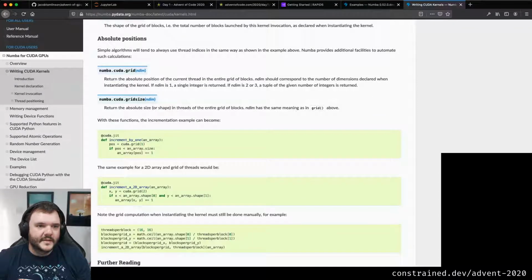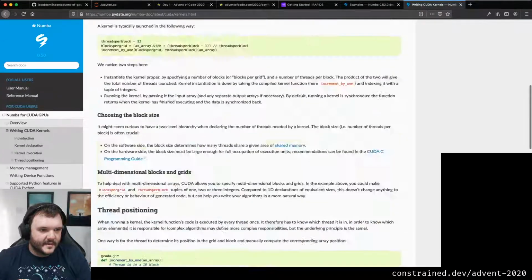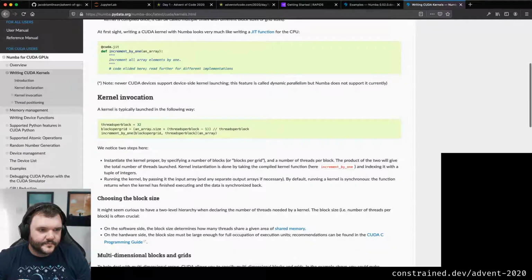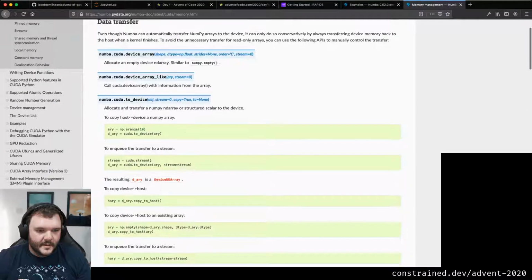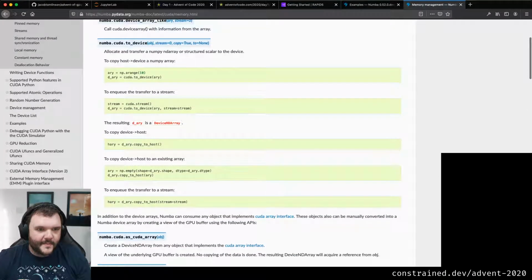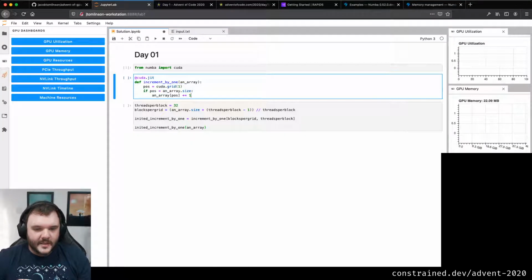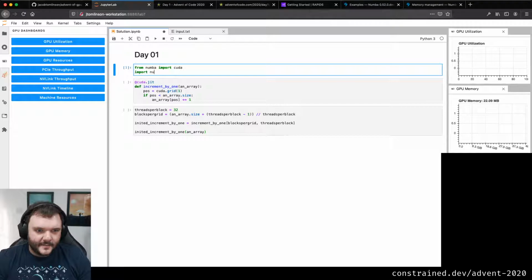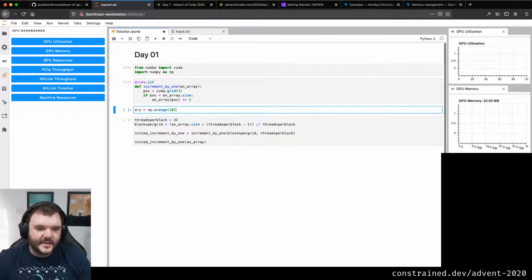Yeah, so let's call this with an array. Let me just try and remember. Okay, I want to use NumPy, so let's also import NumPy as np. We've got our increment by 1 function here, and I'm also going to make my input array 10 numbers.